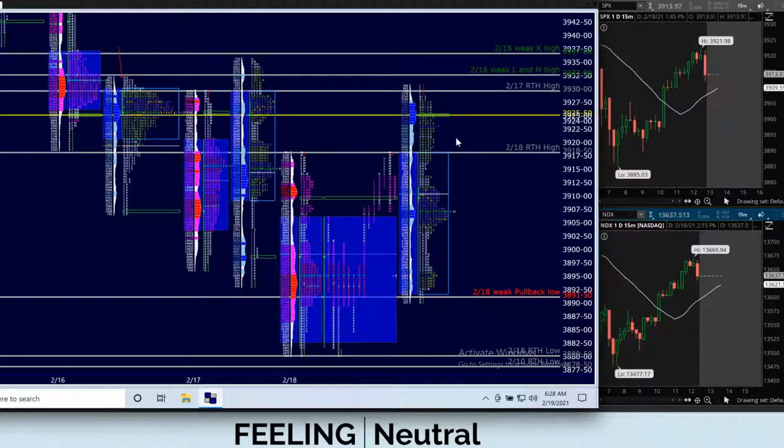Once the market opens, does it come down and fill this gap? Does it get to 39.1850? If it does, what does it do once it gets there? Does that become support and then the market finds a bottom and starts pushing its way higher, or does it push right through back into yesterday's range?